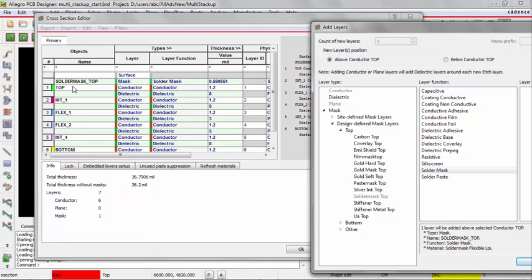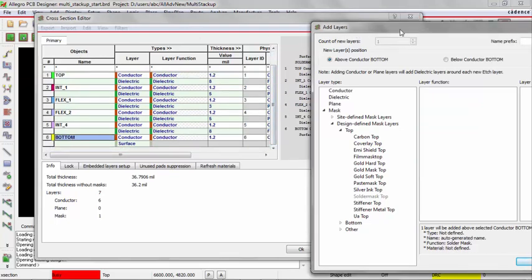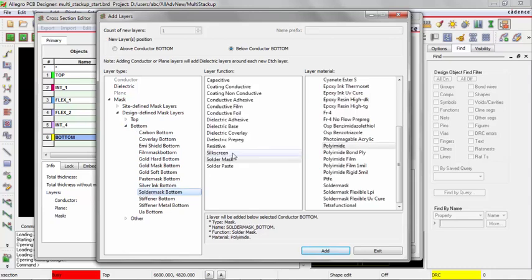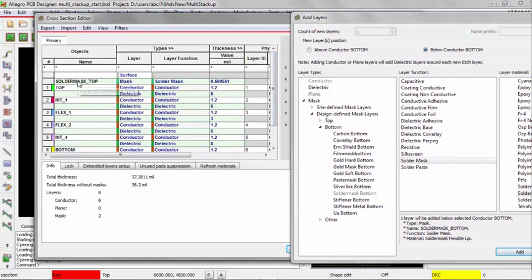Now, let's go ahead and add a solder mask bottom below the bottom layer. So I'll come over with the add layers form still open. I'll come over, select on bottom. Now make sure I add this below the conductor bottom. I want this to be another design, define mask layer, but it's not going to be on the top. It's going to be in the bottom, and I want that to be a solder mask bottom. And that's going to be a type of solder mask, and I'll use the same material and do another add. So now we can see we have our solder mask bottom below our bottom and our solder mask top above